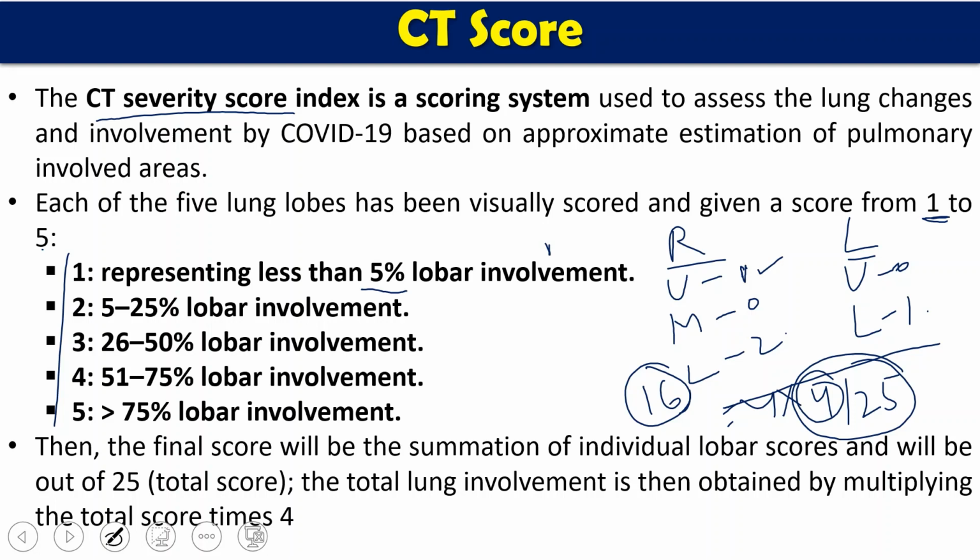So that gives you information on how severely the lung is infected. So we have seen 3 different terms today: first, RT-PCR, what its significance is and how RT-PCR helps in the detection; second, the CT value, which relates to RT-PCR; and third, the CT score, which indicates the severity of the lung involvement. So this is all for today.